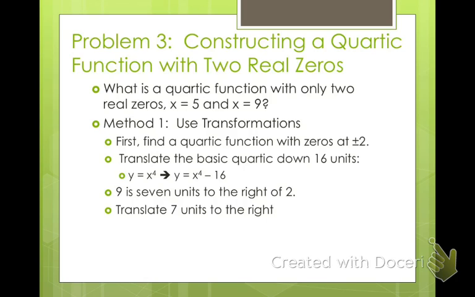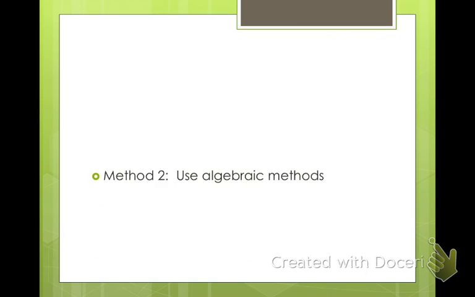So then we translate that 7 units to the right. So how do we translate to the right? We take x and put it in parentheses, minus 7. There you go. And then that's a function. Isn't that exciting? You guys just made a function. So that is one way in order to find zeros. Another way is to